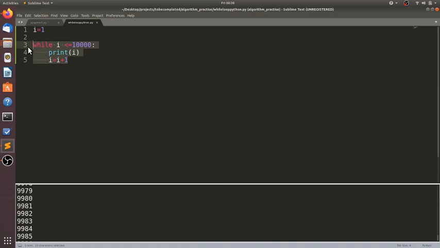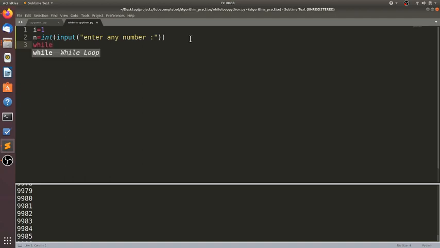This was basic looping. For example, let's say we want to print the multiplication table of a number. We can do that by doing this. Basically we can input a number. We can say n equals int, to take an integer as input, enter any number. Now this will input a number n. Now we want to print its multiplication table, so we do this.